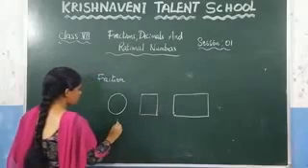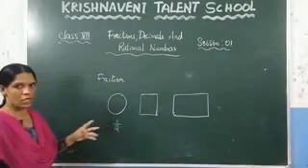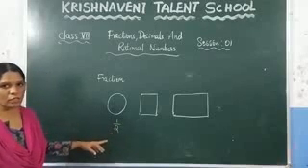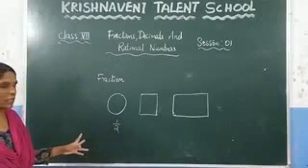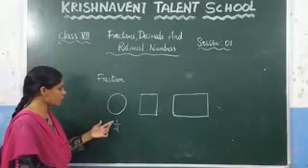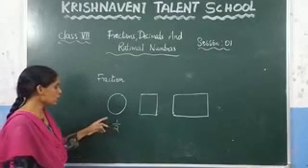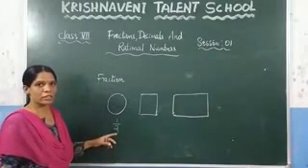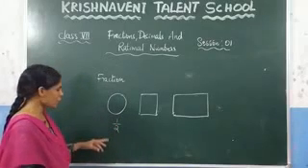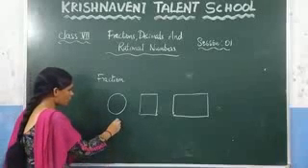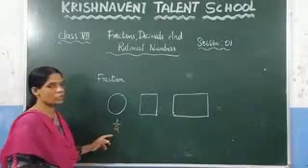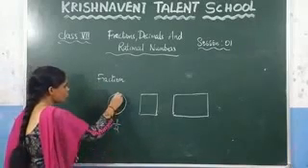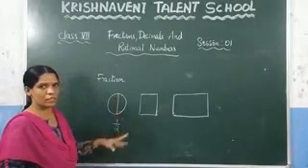Suppose you want to represent 1 by 2 in this one. How do you represent 1 by 2 here? You need to check the denominator. If you have written anything in the form of a fraction, the number above we call the numerator and the number below we call the denominator. Here you need to check the denominator first. Since 2 is the denominator, you have to divide this figure into 2 parts. So, let us divide. You can divide in any way.